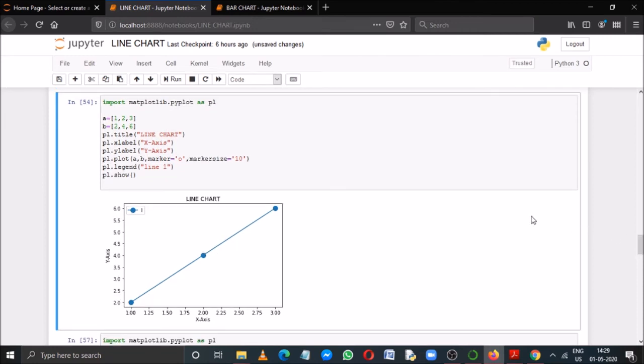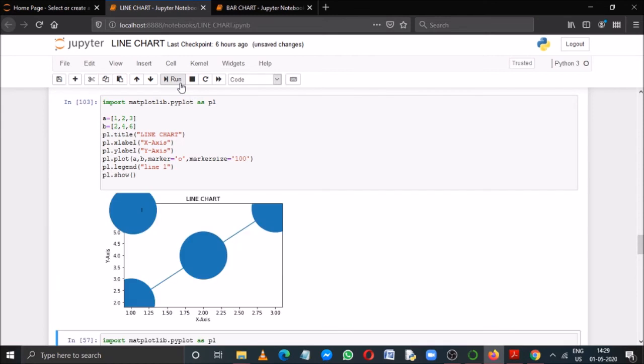Check this example. Here I have used marker then O, that means circles will appear, and then marker size equals to 10. That's why the size of these markers are increased. Now suppose if I change it to 100.